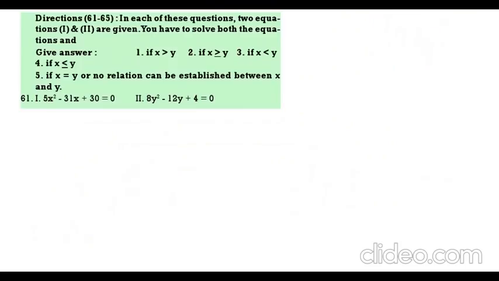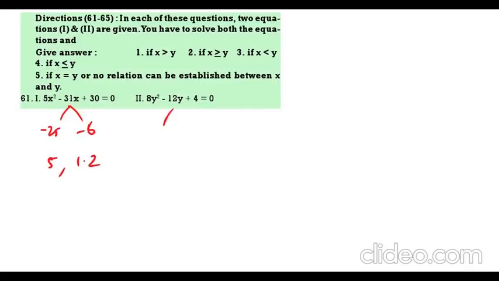Next, there are two equations and we have to decide the relation between them. See the first one, 5 into 30, 150. When we multiply we should get 150, and when we add we should get 35. You can take minus 25 minus 6. Now if you take minus 25 minus 6, our answers will be 25 and 6. 25 by 5 is 5 and 6 by 5 is something around 1.2.